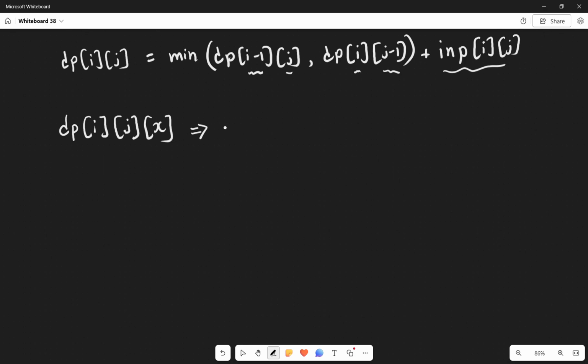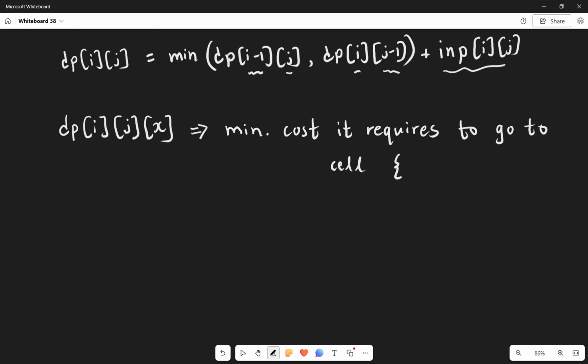This will denote the minimum cost it requires to get to cell i comma j